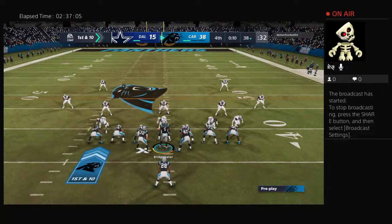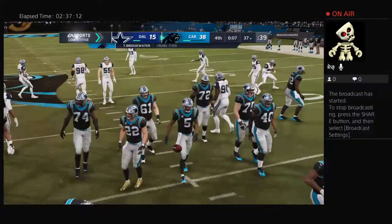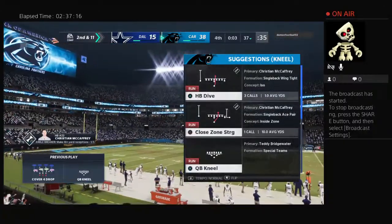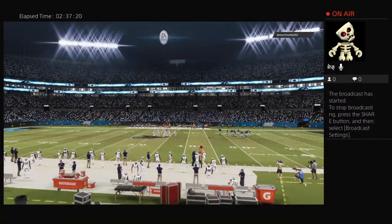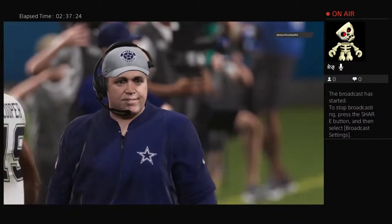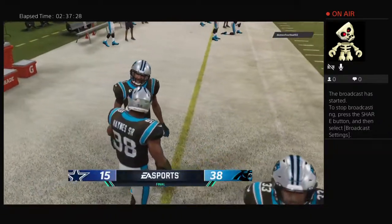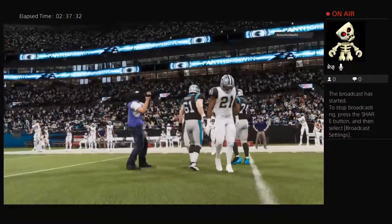Position for the Panthers as they come up 1st and 10 at their 38. The D can only stop it one more time as they take the knee. Tonight's final score. So this one is over. A victory for Carolina. And they were buoyed, Charles, by a big second half to put this one on ice. And I know a lot of people watching this one were thinking to themselves, I'll bet halftime